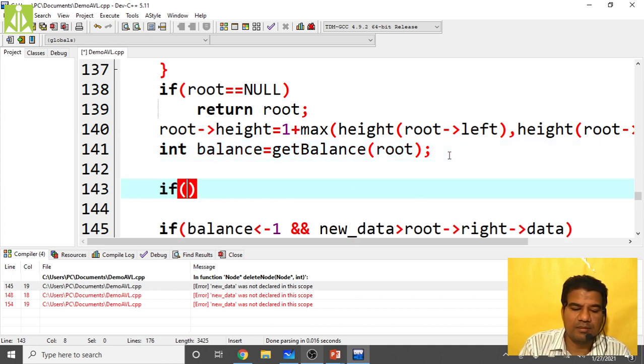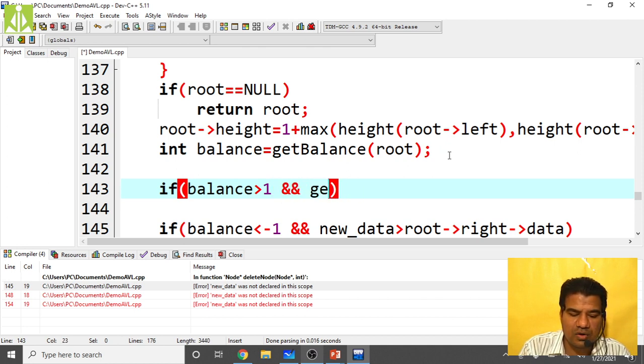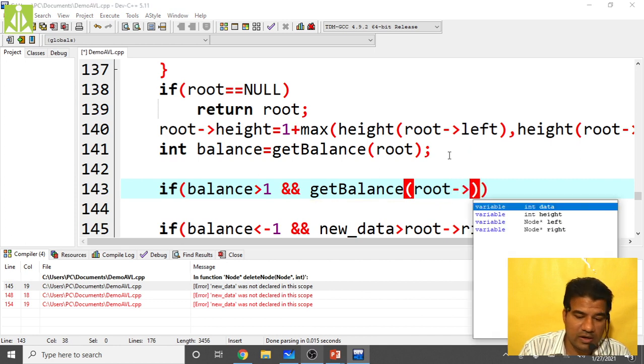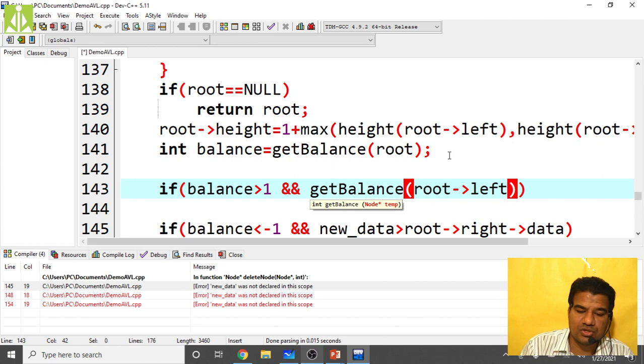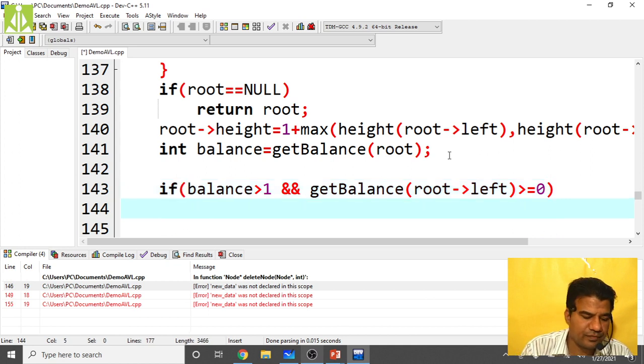If the balance is greater than 1 and get balance of root of left should be greater than or equal to 0, then you perform return right rotate.